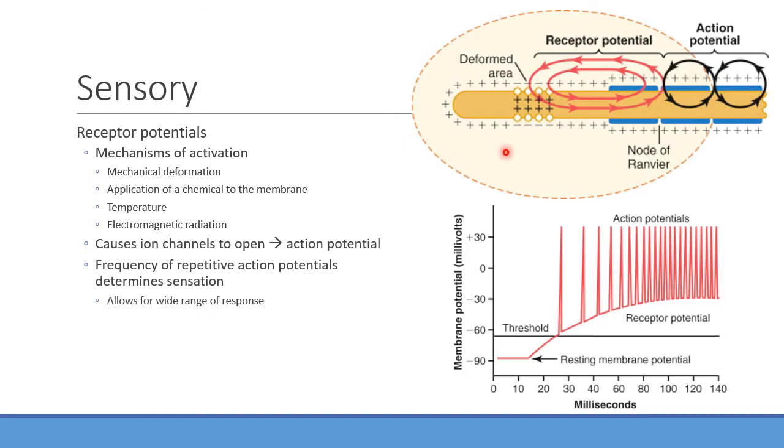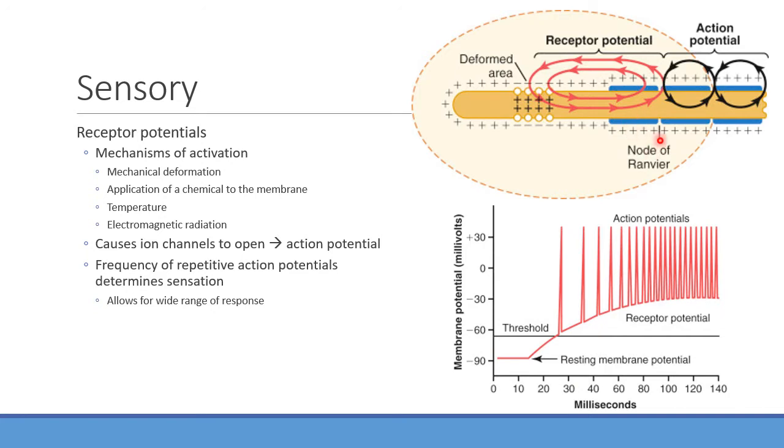And so in a lot of cases, especially with touch, you're going to find a lot of these nerves become deformed. So say for instance I'm touching something and putting pressure there, you can actually cause distortion of this neuron to where you can actually open up some of these channels. And we remember that with action potentials, normally a resting membrane potential is positive or negative? Usually negative, usually like negative 70 or so. And then opening up certain channels, especially what type of channels, what ion? Sodium is a big one, right? So by deforming this, you can cause that pressure to open up those sodium channels to allow the sodium to flow in, and that can then trigger an action potential to occur once you reach a certain threshold there. And by doing that, that will then start to propagate a signal.